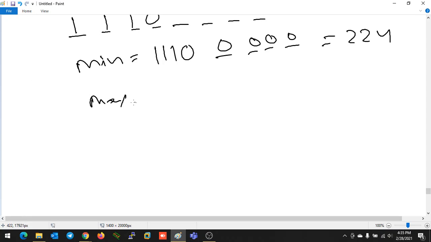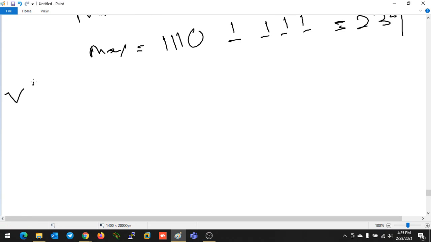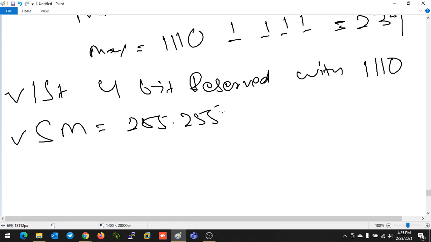To calculate the max value, the first 4 bits are reserved with 1110 and the rest all bits I use as 1, so the value will be 239.